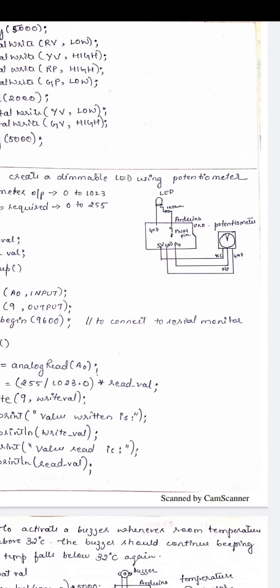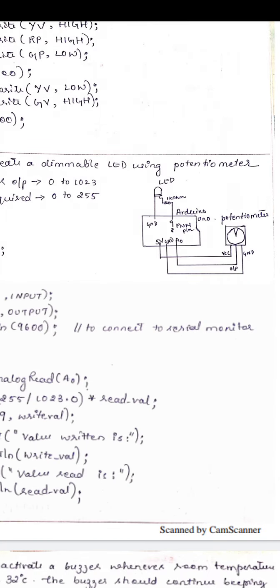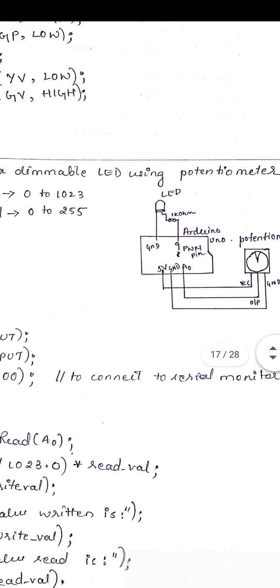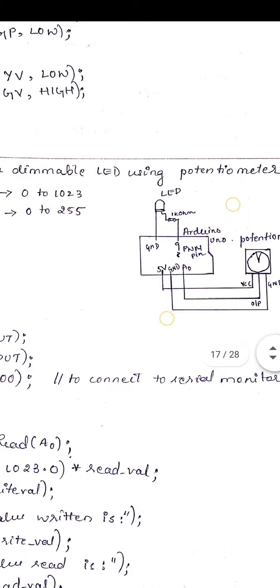You know that an LED cannot be operated on an analog pin, so you need a digital pin for it, and you can make the pin either high or low. But how you can dim an LED is we can use a pulse width modulating pin, so that even though it is a high or low voltage, we can make it look like an analog output. So the actual output here is a digital output itself, but it will give you a feel of analog output based on the pulse width modulating pin. That is why we'll see our setup first.